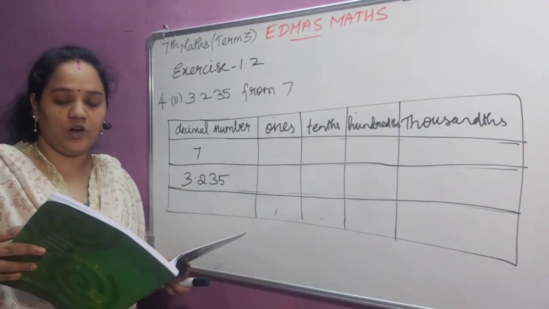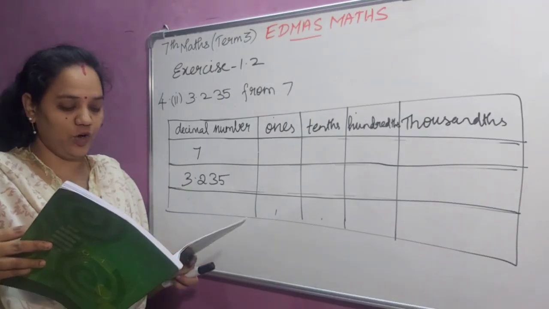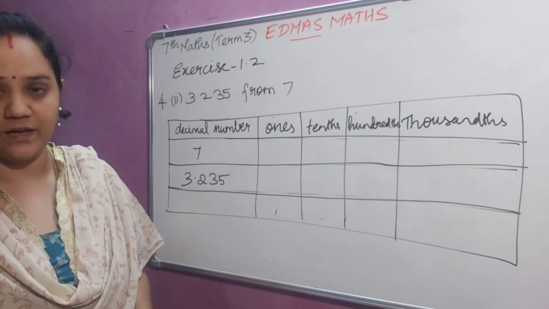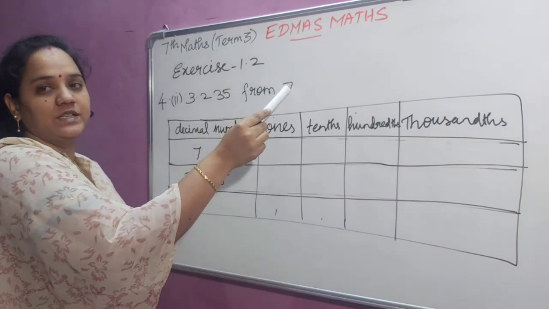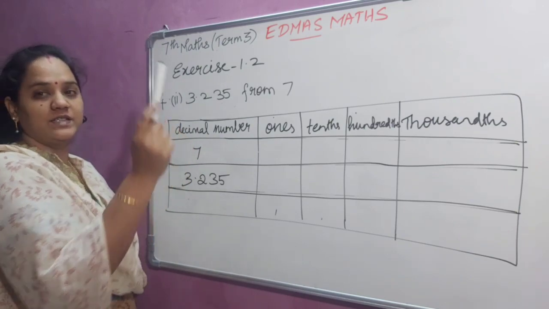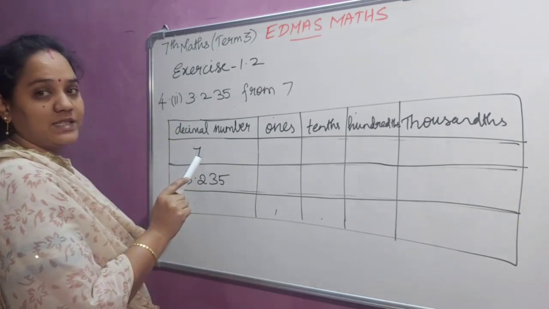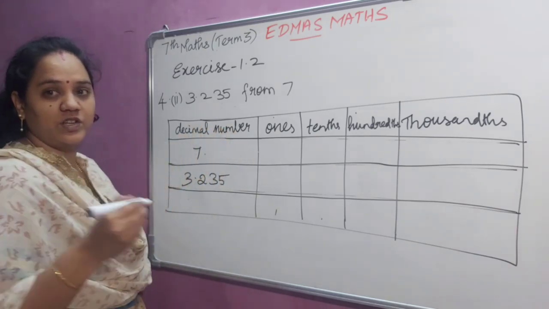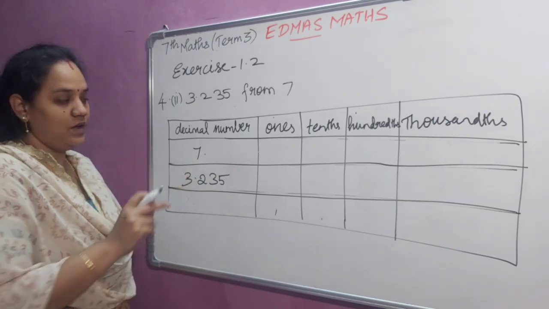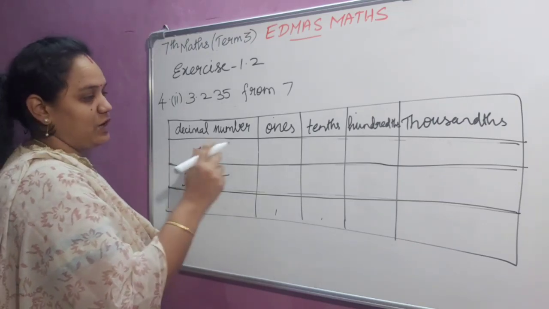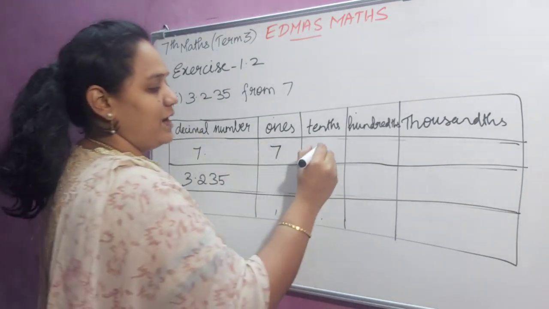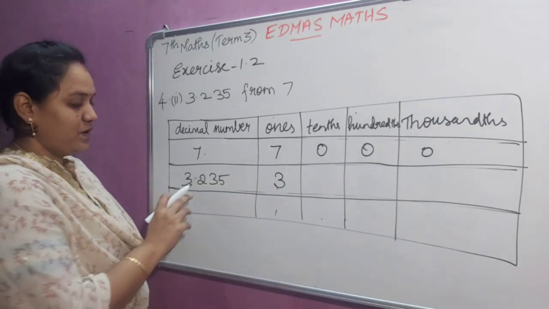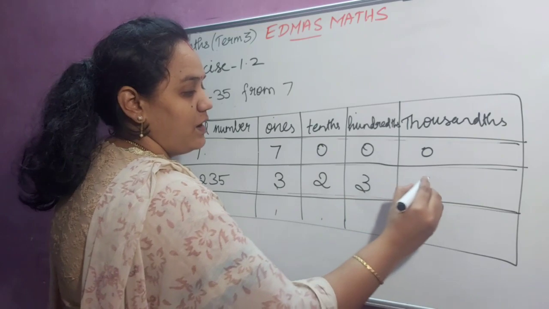Fourth problem, subtract the following by using place value grid. Second option I am going to do. The question is 3.235 from 7. Already we know that if the word from comes, we have to take the last number first and first number last. So I have written the last number first and first number last. So 7 means 7.000, the whole number part. 7's place value is ones. In decimal values, we didn't have any number, so I am writing 0, 0, 0. For this number 3 here and 2, 3 and 5.